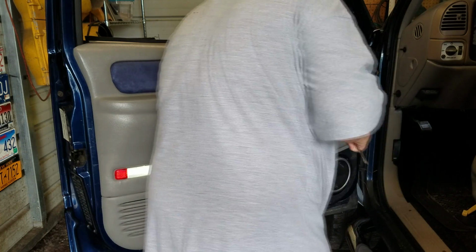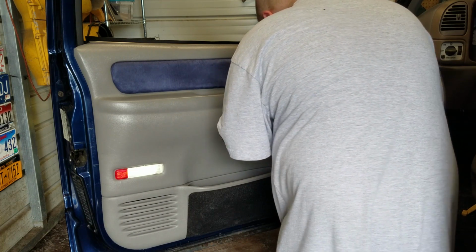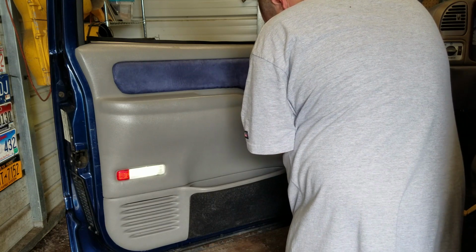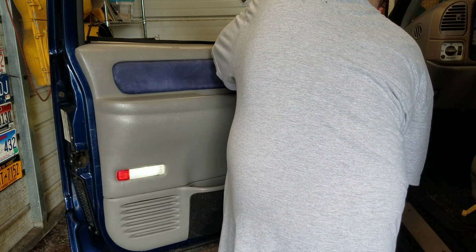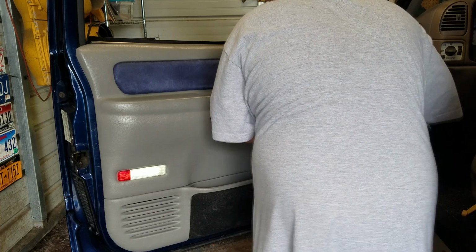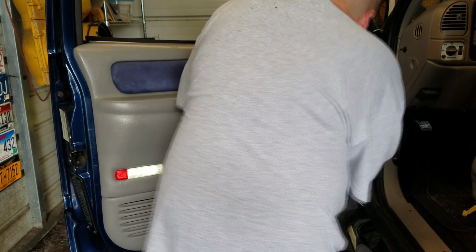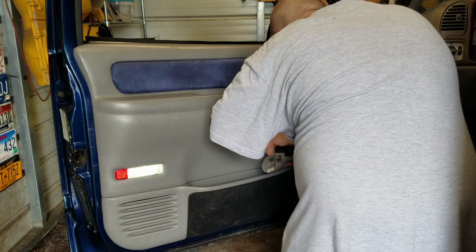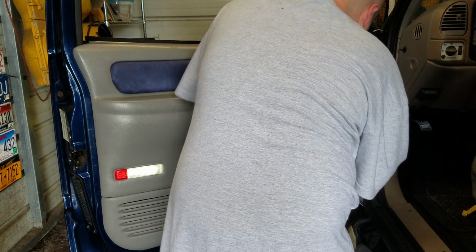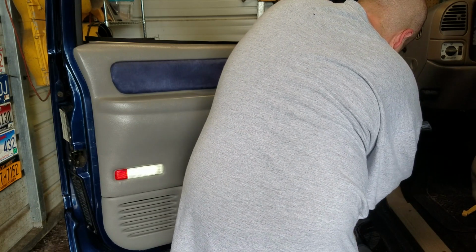There is a push pin on two of the three, and one of mine is broke. It can be quite tough to get out. Excuse me. Just be easy with them and try not to break them. I know that can sometimes be easier said than done,